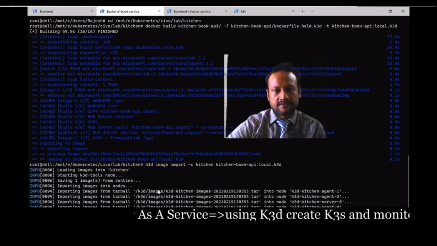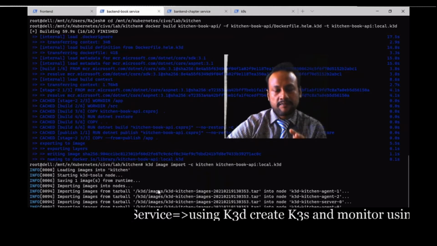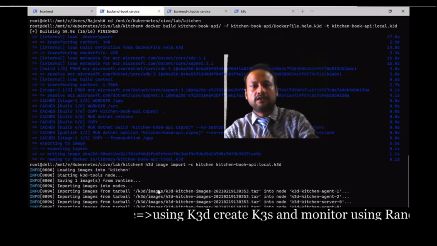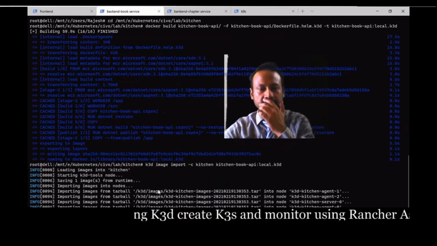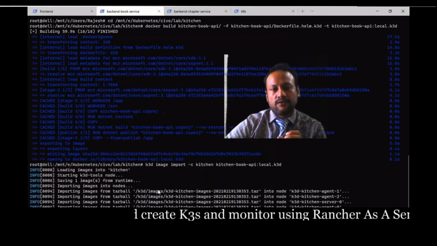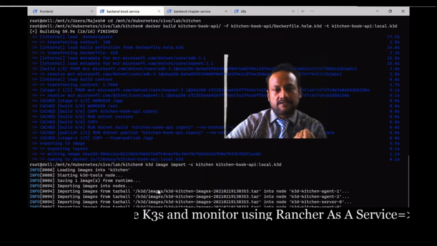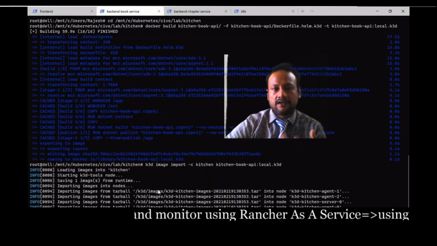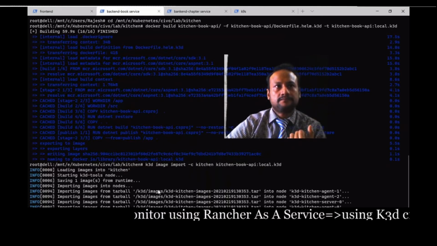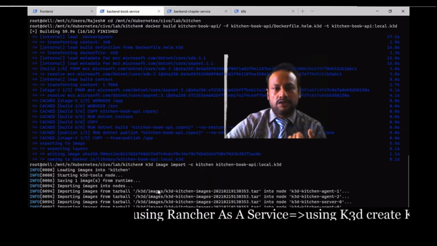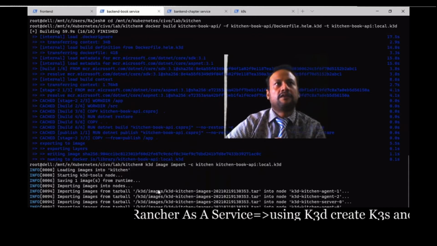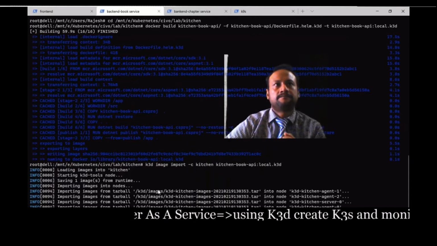The importing is complete. You could see this image is given to all the nodes including the server and the agents. So when you install it, it pulls the image using the Docker CNI and tries to install it when we issue the helm command.